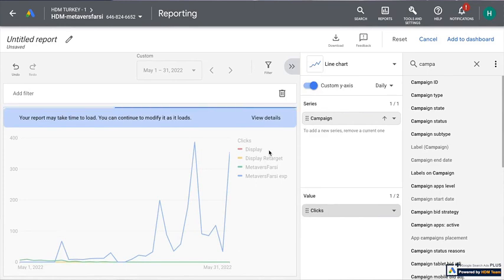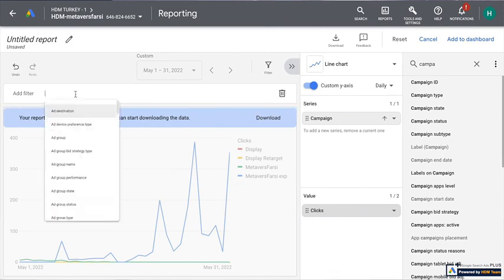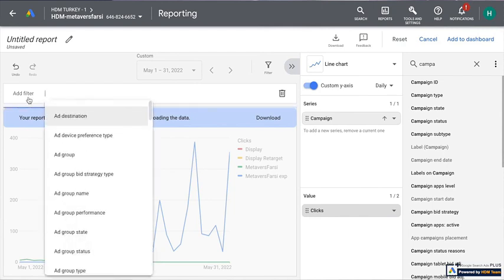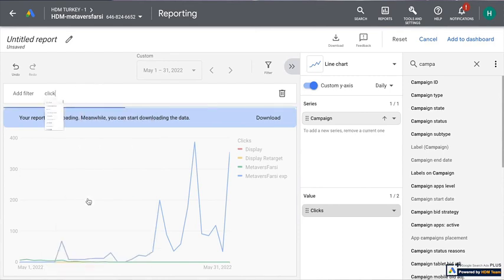I wait for it to load a bit. While it loads, I can apply my filter on the click. I mentioned that to have the collection, we need to set the click type filter on our click. I search for click type, and